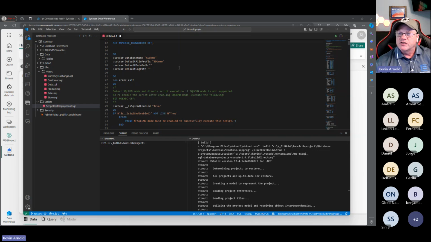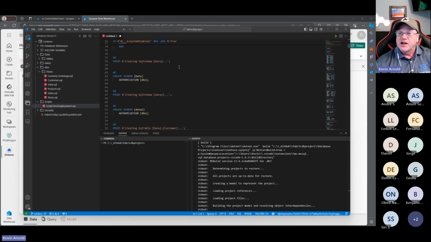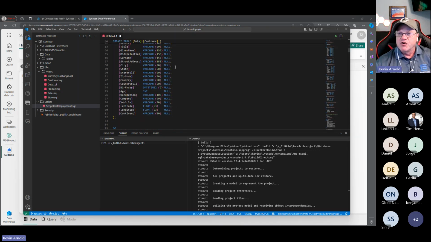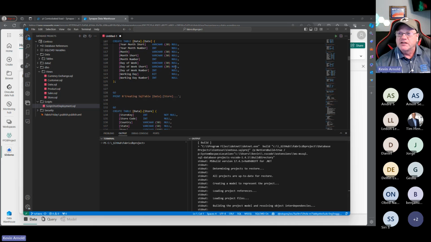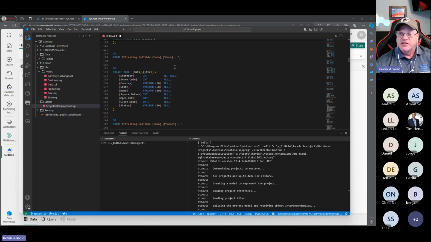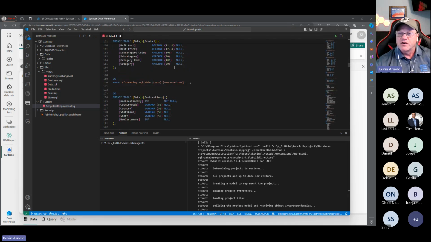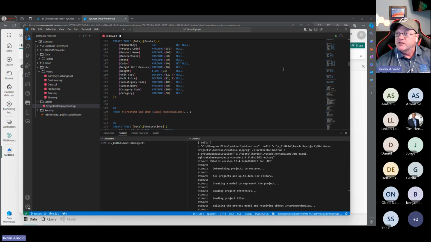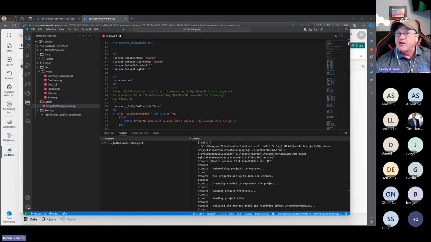You can see what this is doing: behind the scenes it has done a compare of what's in my project to what's in my actual database, and it wrote out all of the SQL that it needs, all of the DDL statements in the correct order to add these. It's a big long script, but now I'm going to tell it to run.